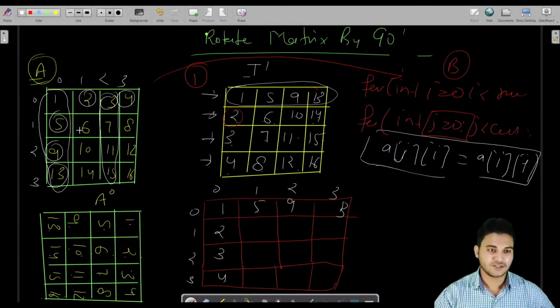This is for the first iteration. In the second iteration, if i is 1, we are now shifting this column to the second row. Then what will happen? i would be 1, so 1 comma 0, j is starting from 0, so 1 comma 0 would be replaced with 0 comma 1. Let us do that. 1 comma 0 is what? This. 5 would be replaced with 0 comma 1. This is 0 comma 1. So these two numbers will again replace each other.